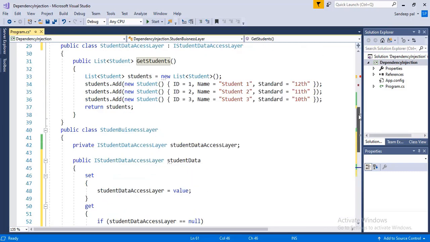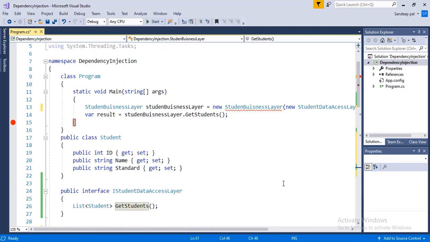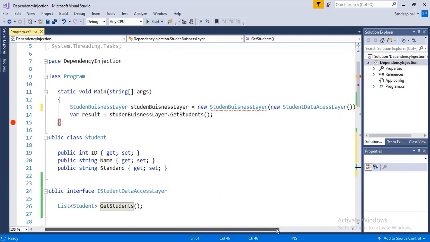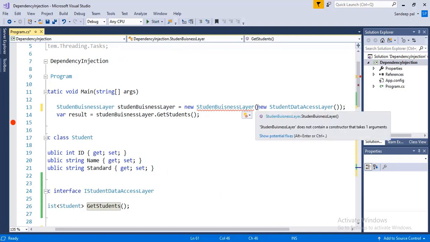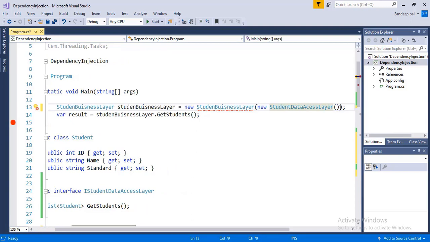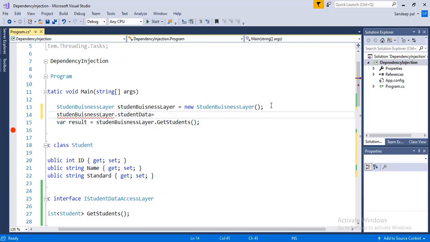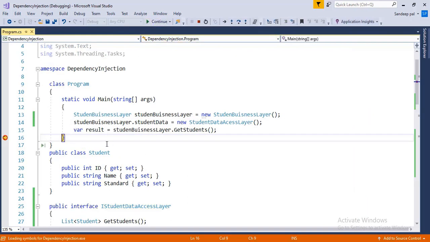We don't have a parameterized constructor now, so we don't need to pass the class object here. Get rid of it from here. Now assign that object to the student data property. Let's run our code. We get the 3 records as expected.